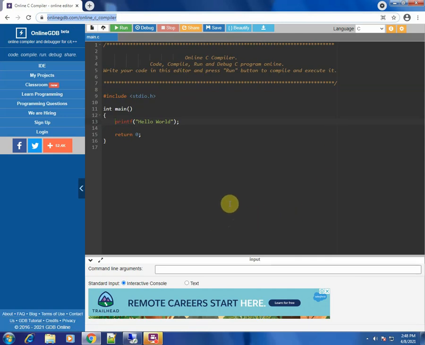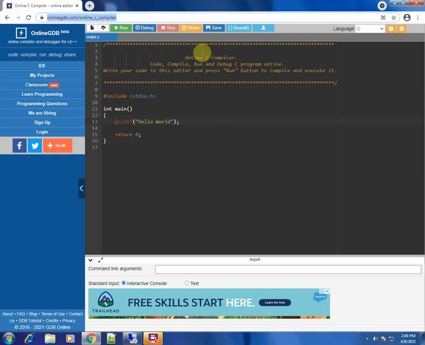Now this compiler lets you compile your C programs or write basically C programs. Since it's not possible for you all to download a compiler and install it on your laptop, you all can just use the link and get the compiler in the browser and run the C programs. So we will see today just how to write simple C programs, simple lines of code.